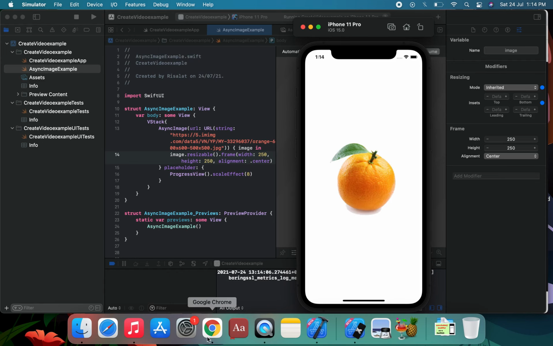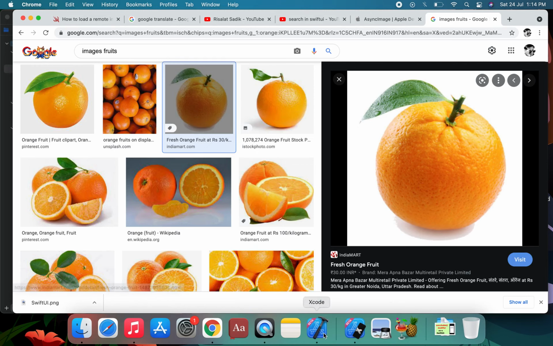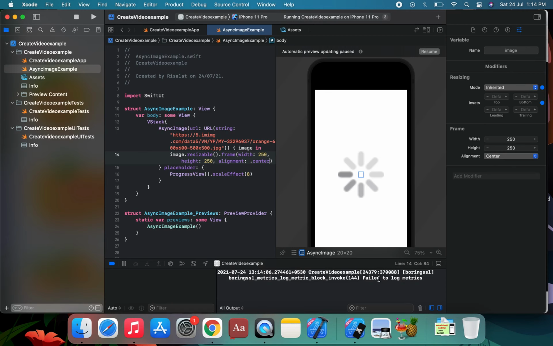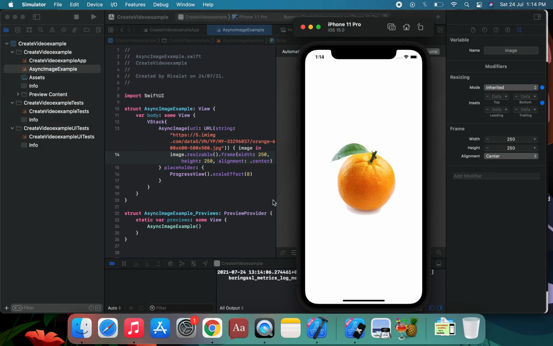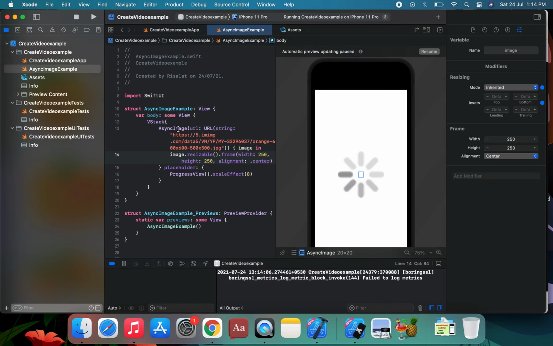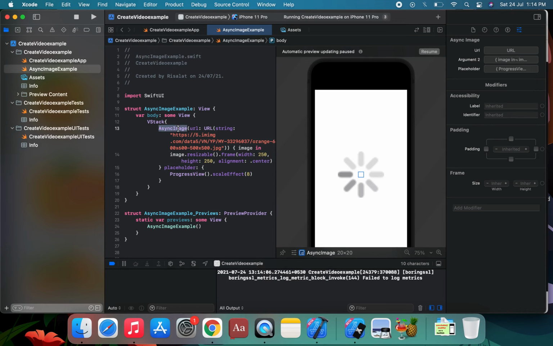So this loads the image. How is our image, and then it loads the image. Okay, we load this image. Just a super design for this image, our project, and save. So AsyncImage is supported by using closure and completion handlers, working asynchronously.